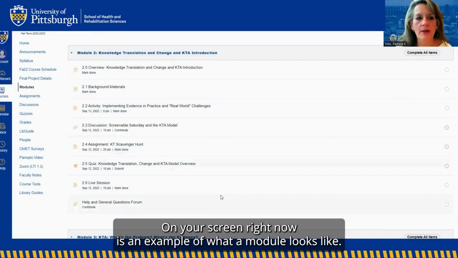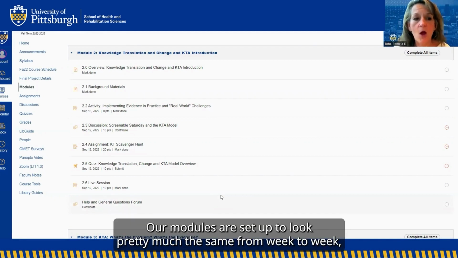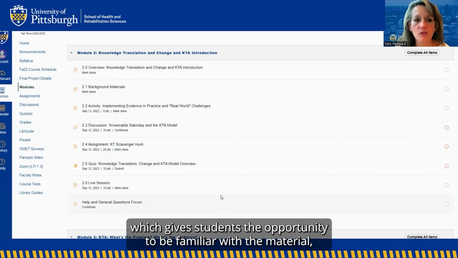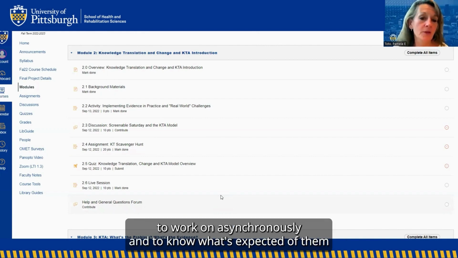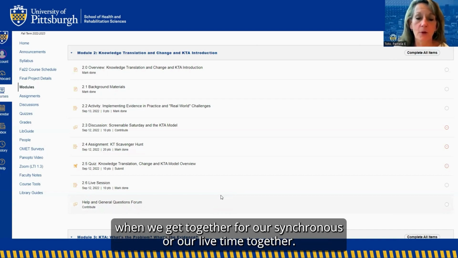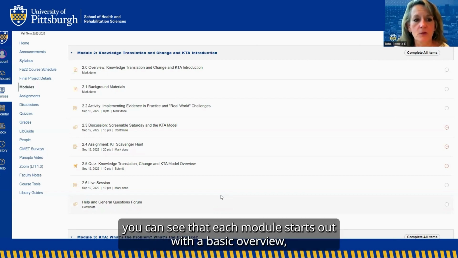So on your screen right now is an example of what a module looks like. Our modules are set up to look pretty much the same from week to week, which gives students the opportunity to be familiar with the material, to know where they need to prepare, to know what they need to work on asynchronously, and to know what's expected of them when we get together for our synchronous or our live time together. So if you look at your screen, you can see that each module starts out with a basic overview,